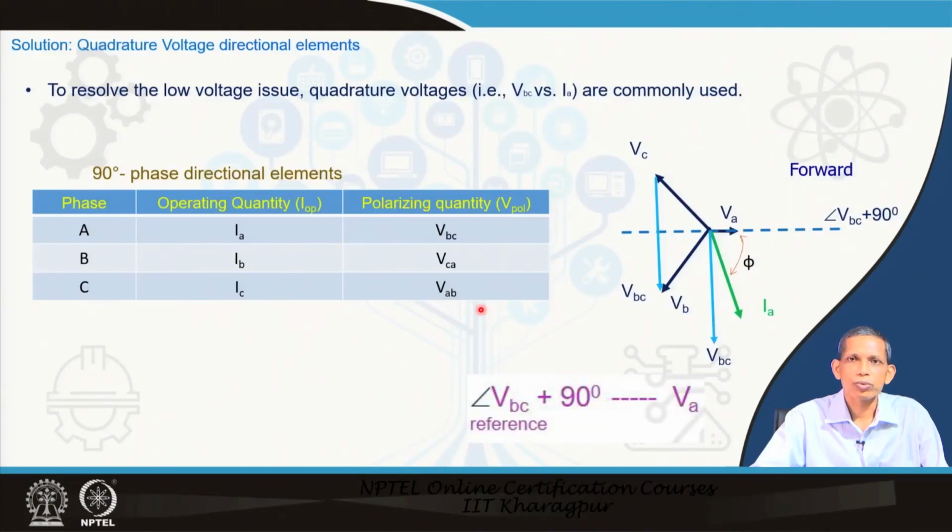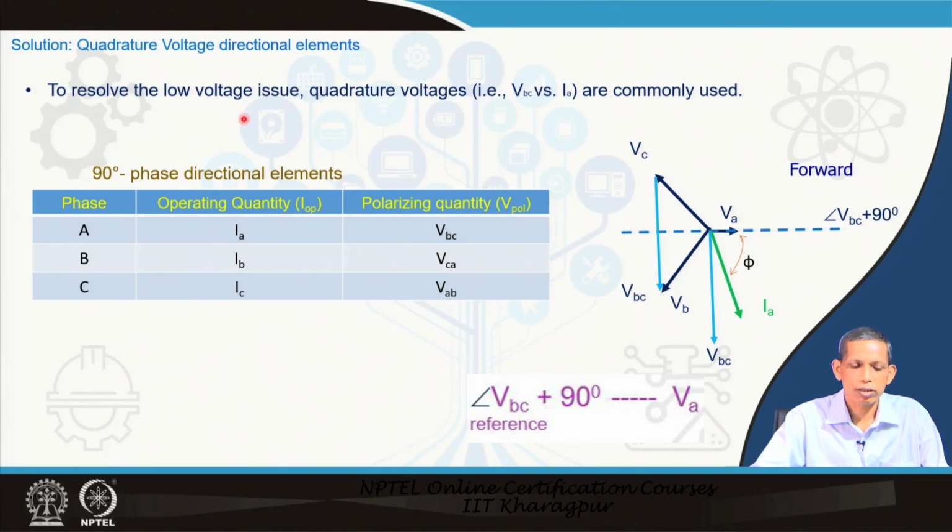What we do is use the quadrature voltage directional elements. What do we mean by quadrature here? Because most of the faults are line to ground faults, say an A phase to ground fault, then instead of taking VA, the B phase and C phase voltages are sound phases now. So, we can take VBC,